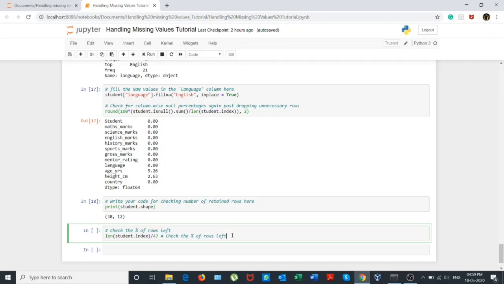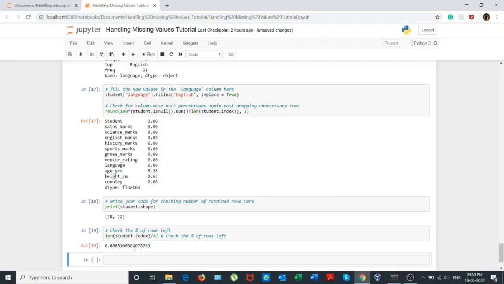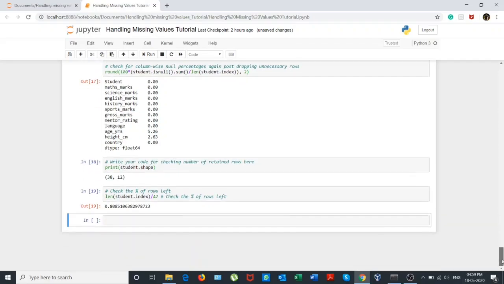And to do that, again we will use the inbuilt function length of student.index divided by 47, which is the initial length of the data frame. And once we do that, we have roughly 80% of rows left after the cleaning exercise.